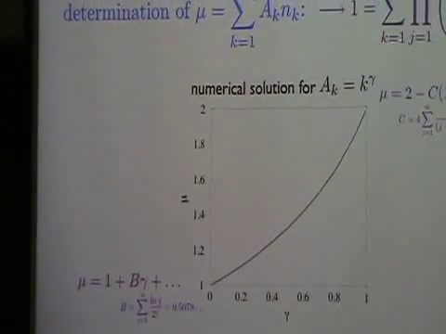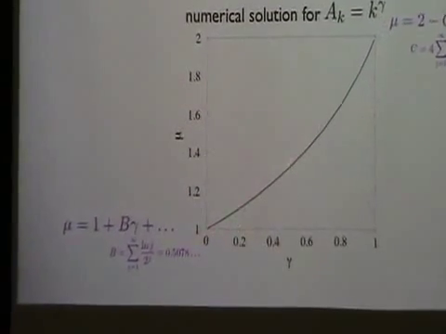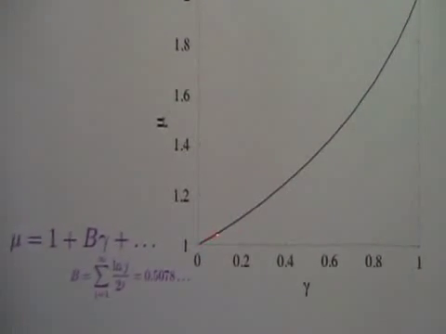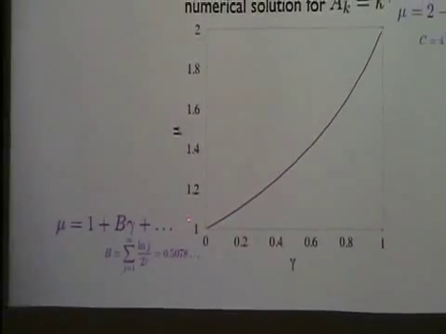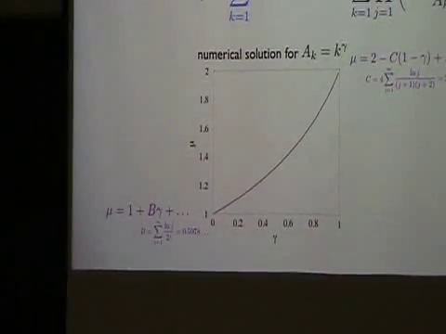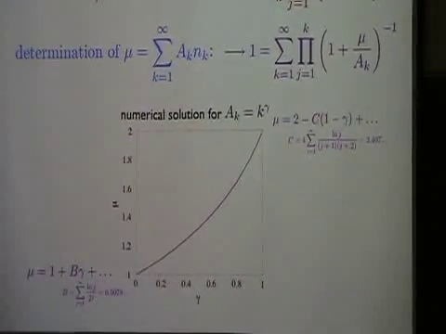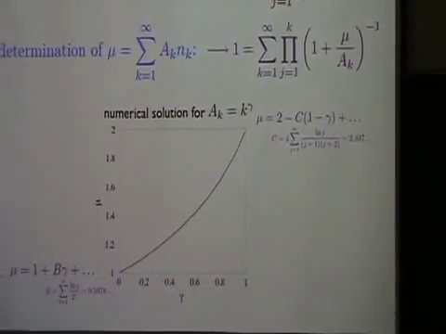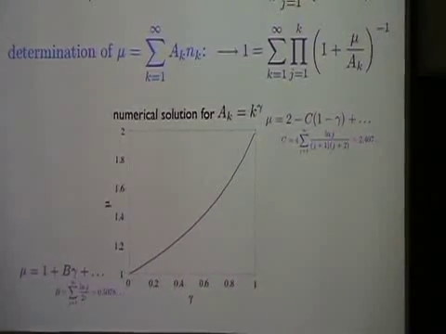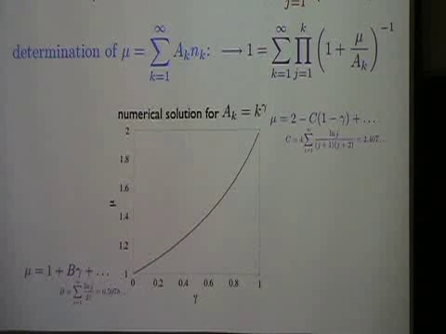And the thing is that this equation you can only solve numerically, and if you solve it numerically, you find that this rate, or this amplitude, is smoothly going between 1 and 2, as the attachment rate exponent goes between 0 and 1. And you can solve for it perturbatively at this end and that end. And if you want to do this as an exercise to work out these perturbative expansions, you're welcome to do it. But it doesn't tell you anything much in terms of understanding. It just gives you how to get the actual numbers out. But now let's take this as a given that this amplitude mu is just some smoothly varying number, and then investigate the asymptotics of the distribution itself.